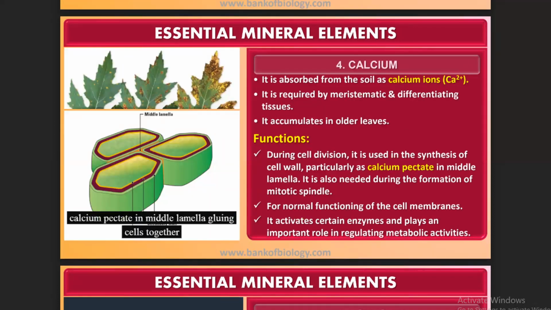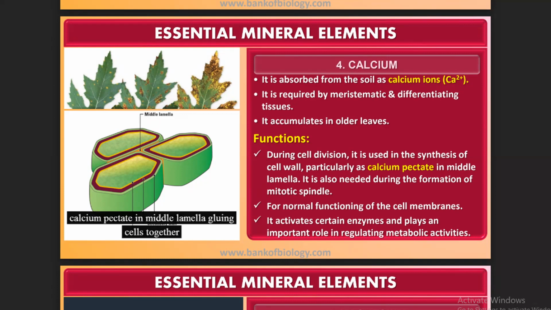Then calcium, it is absorbed from the soil as calcium ions. It is required by meristematic and differentiating tissue. It accumulates in older cells, older leaves. If you remember, it is the only thing which is not taken back by the plant. If a leaf is dying, whatever important things are taken back, but calcium is not